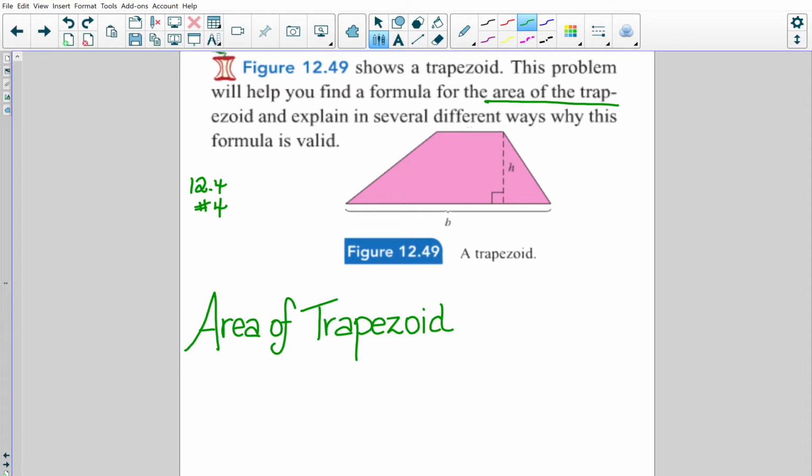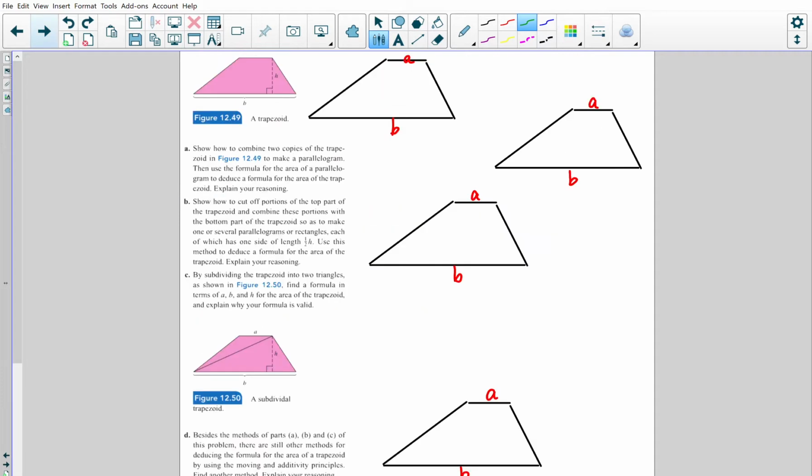Hi guys, I thought I'd send out a little video to help with 12.4 number 4, which asks you to develop the area of a trapezoid with base B and height H and also upper base A. We actually call those two lengths a base, even though B is here on the bottom, but base is B and A. So they ask you to do it 4 different ways, and I'm just going to briefly summarize